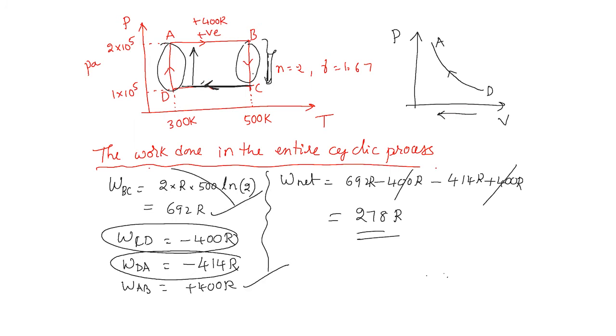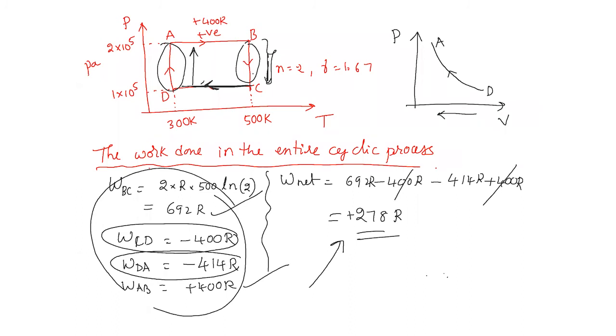So if you calculate the net amount of work done, if you get positive, you can say work is done by the gas as a whole altogether. If you had got negative, then you can say as a whole the work is done on the gas. Okay, understood, children? So if the sign is negative, work is done on the gas. If the sign is positive, work is done by the gas.